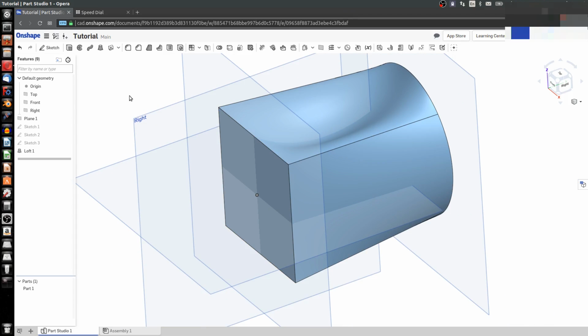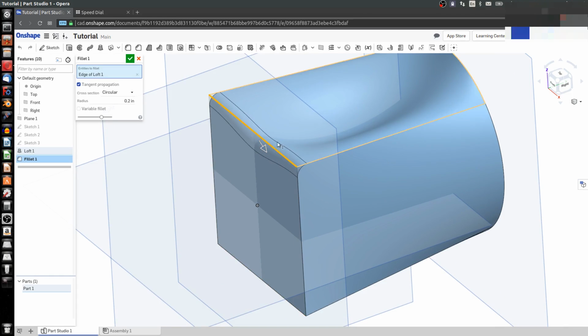So these are some of the basic and core functions of OnShape. There are a few additions that I can add into a solid as well. Perhaps now that I've created everything, I want these edges to be rounded with a fillet. I can choose an edge that I would wish to put a fillet on and simply click the fillet button, and this edge will be rounded out. Notice there's a little bit of displacement due to our profile, and that is normal. I can choose a radius for my fillet, let's say 0.25 or 1/4 inch,